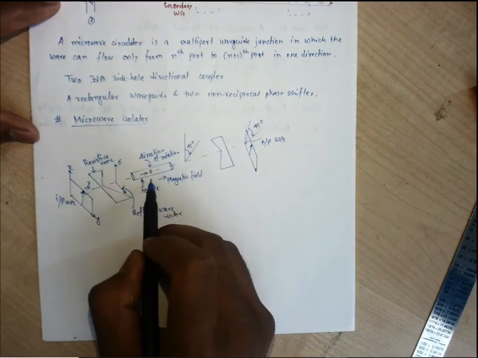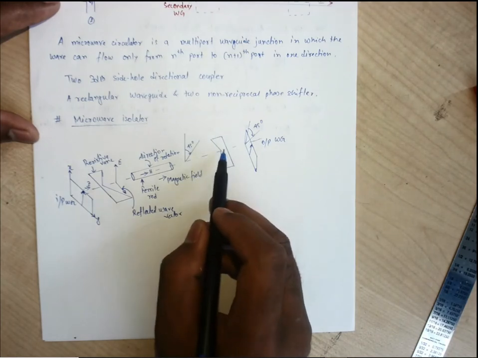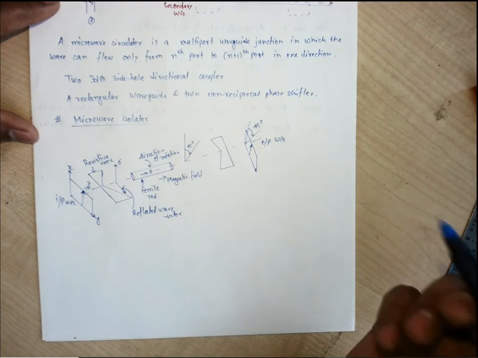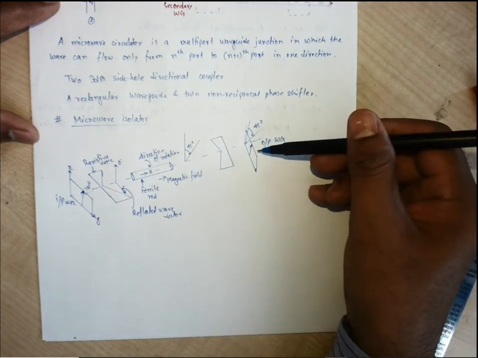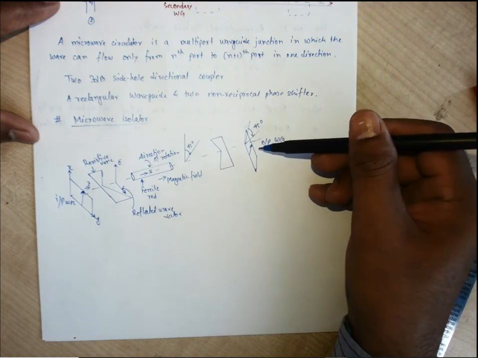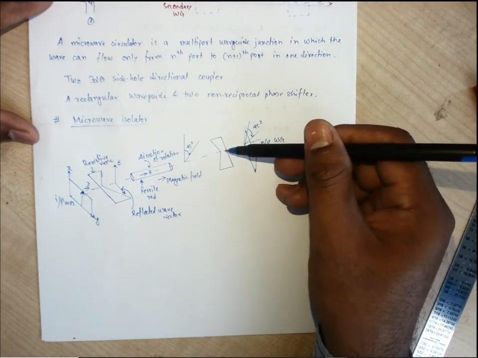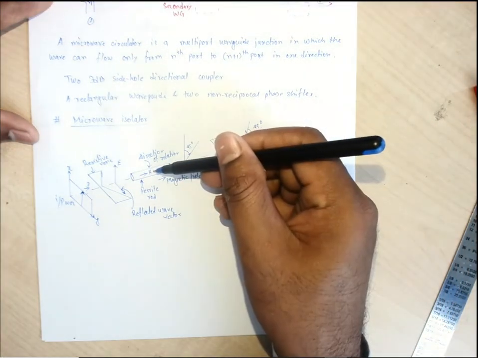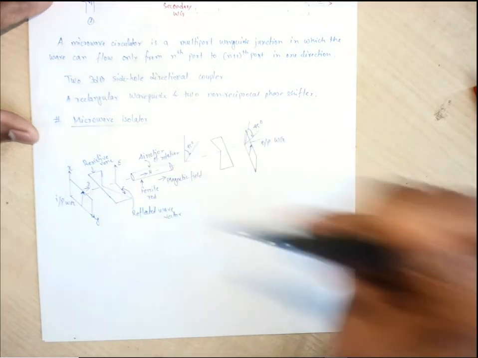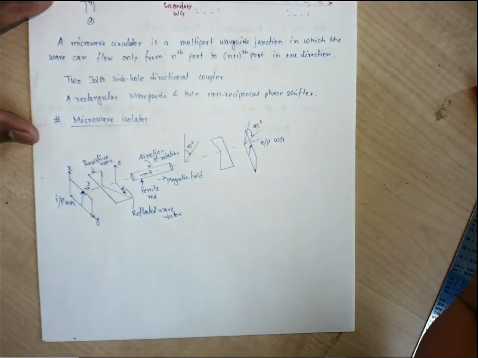So on this side it is 45 degrees; it is by default rotated by 45 degrees, so the output waveguide is tilted by 45 degrees and the output will be available, no problem. But when there is some input sustained inside this output waveguide, which by default is rotated by 45 degrees, then it should be tilted by 45 degrees. So here it is coming, here it is normal, no problem, but at the output of this ferrite rod it will be rotated again by 45 degrees. So 45 plus 45, 90. So on this resistive vane it will be parallel, and that will be absorbed by the resistive vane.